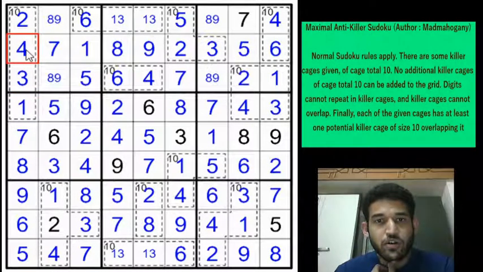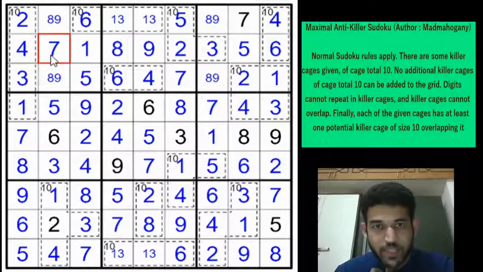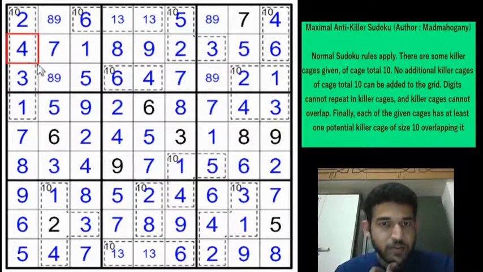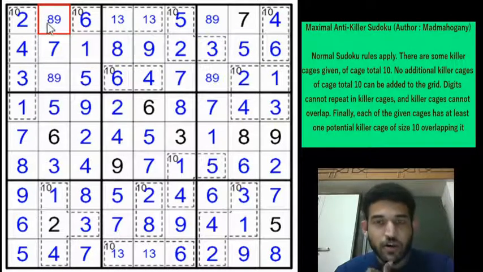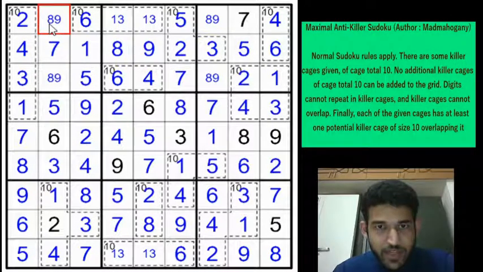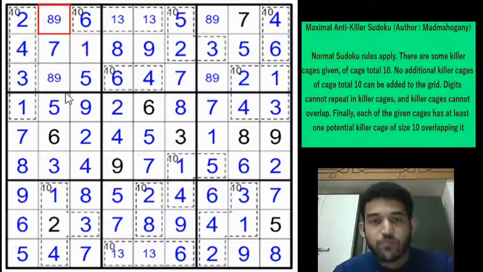So 4 plus 3, it can go in any way. So 4 plus 2, no, 4 plus 7 is 11. So even this cell is not helping. So this cell has to somehow reach a 10. It can go this direction as well, but it has to somehow reach a 10. I think the only possible way is by placing an 8 in row 1 column 2. Is there any other way? I don't think so.